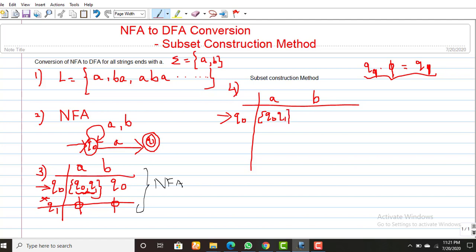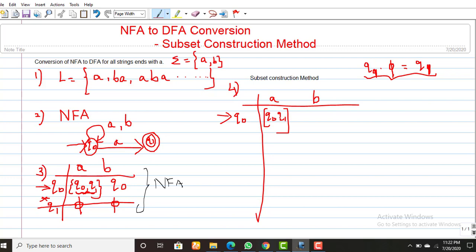Here I won't add the curly braces. You are making this a separate state, which means Q naught Q1 acts as a new state here.